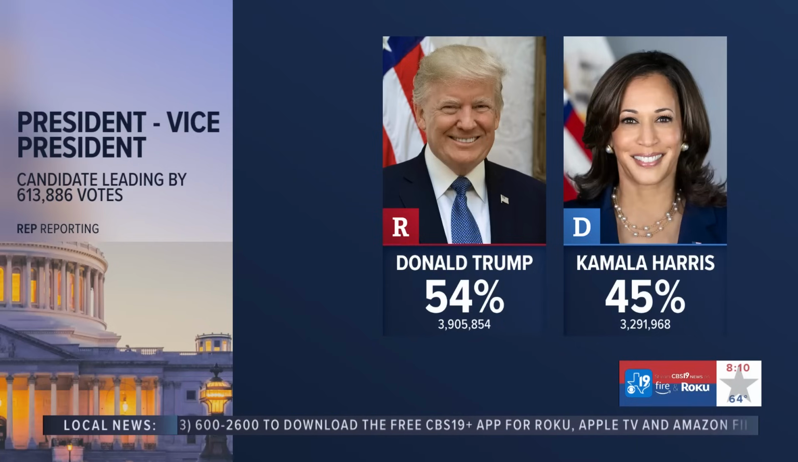Now, here's what it's looking like right now. Kamala Harris at 45% of the votes and Donald Trump has 54% of the votes. And like we told you at the top of this streaming, Donald Trump actually just won the state of Texas. We'll, of course, be following that race. On this election day, it's not just the presidency being decided, but also the balance of power in